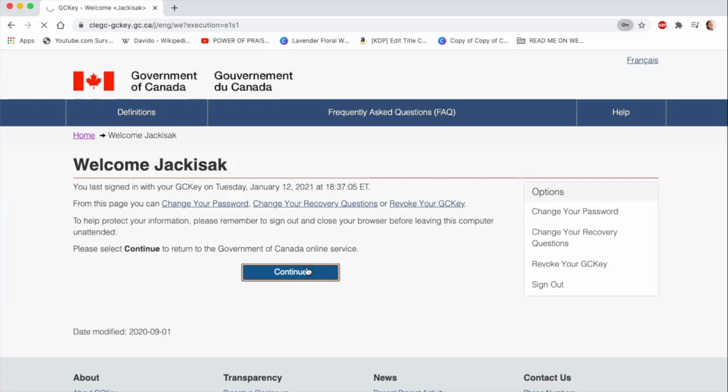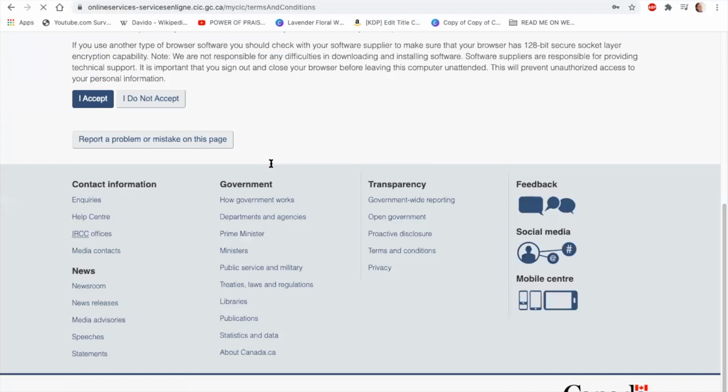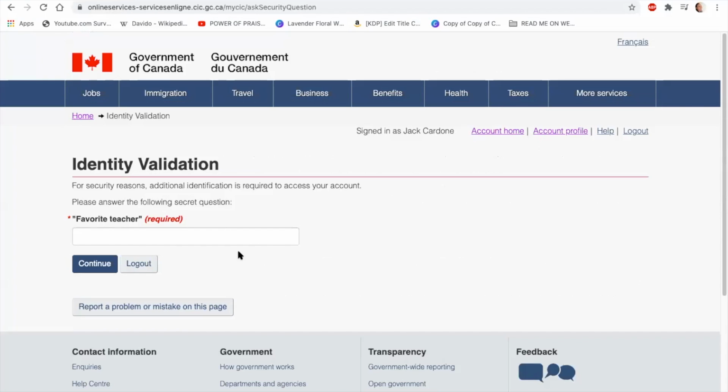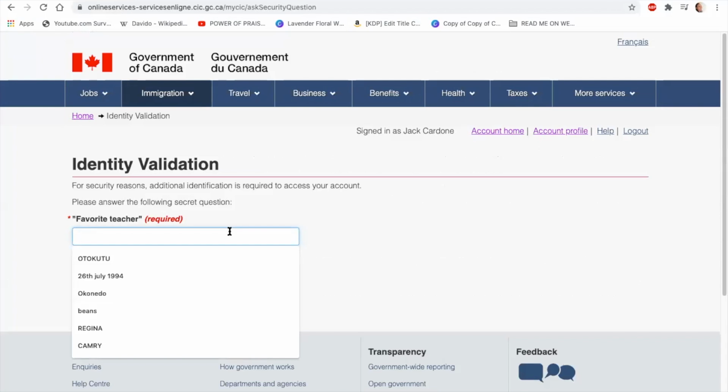So Jack already created a profile for Express Entry. So that is still there. I used that to show you how to apply for Express Entry. So now Jack wants to apply for his visa to come to Canada. Remember, you always have to accept the terms and conditions. If you want to read it, you can. However, it is pretty